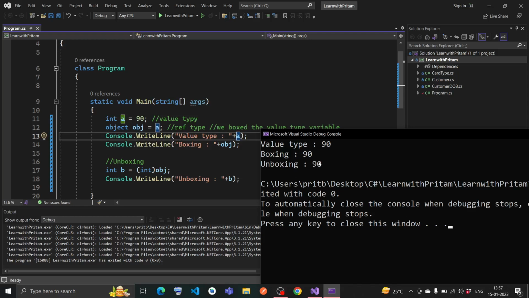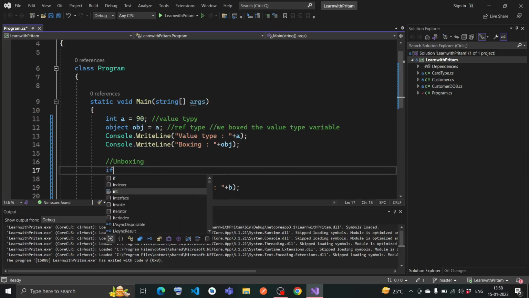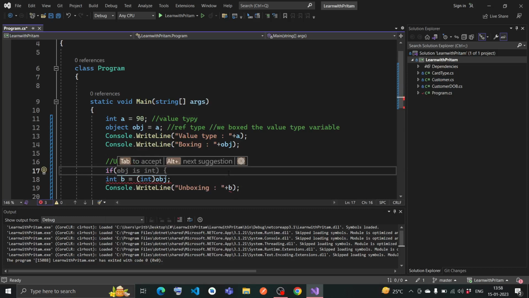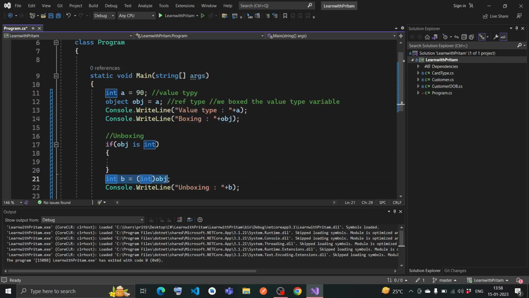But there is a catch. So let me say, let's say this value type is coming from another program, so I don't know the type of the value. So instead of creating an int directly, we should go for if object is int, then we will cast this,